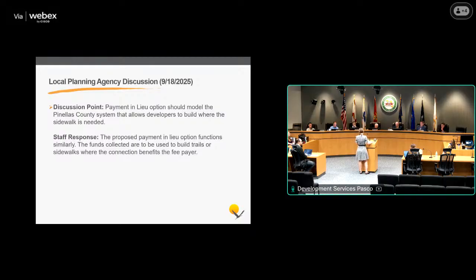All right, lastly, we discussed the payment in lieu option. There was some sentiment that that option should model the Pinellas County's system, which allows developers to build where the sidewalk is needed, rather than putting it on their site or adjacent to the site. So what we are proposing with our payment in lieu option functions similarly in situations where it's not feasible to construct a sidewalk or a multi-use path, or where there's already a path programmed in the CIP. The developer can pay the county, and then we can construct that path somewhere else that provides a benefit to